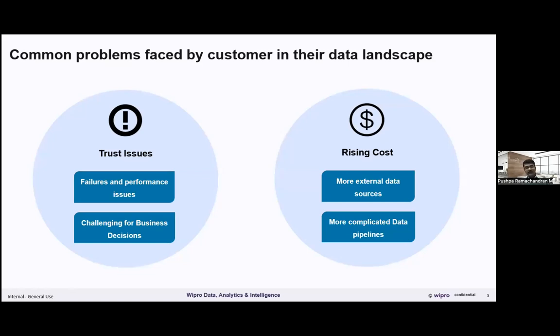So this is where data observability plays a vital role. It encompasses the ability to monitor, gain real-time insights, and troubleshoot throughout the data management processes. That includes the data pipelines, the data management, the data landscape, as well as the data infrastructure. By embracing data observability, organizations can ensure the quality, integrity, as well as the performance of their data.